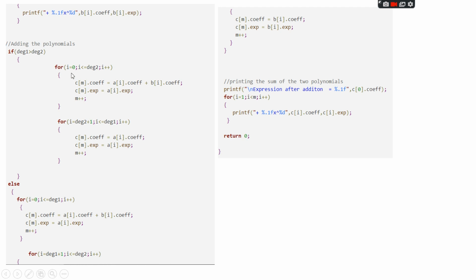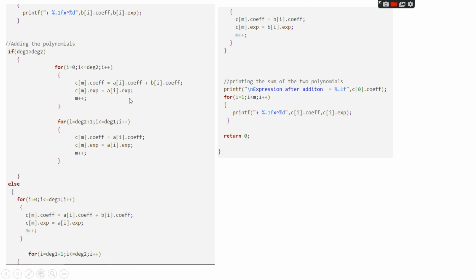So for i equal to 0, i less than or equal to degree 2, which means that first the common terms are to be added, and after the common terms are added, the leftover terms are added using the second loop. So c of m dot coefficient equals a of i dot coefficient plus b of i dot coefficient, c of m dot exp equals a of i dot exp.